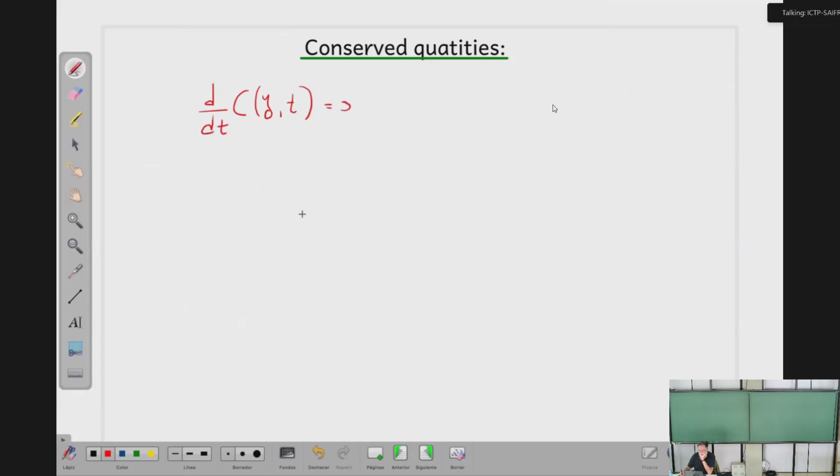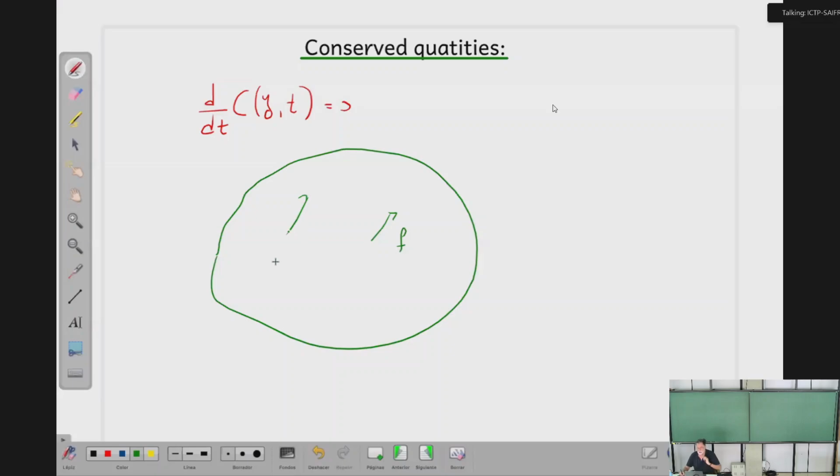What it means is that you have the region where the vector field is defined, which we call F, and at every point you have the integral curves, which are your solutions,